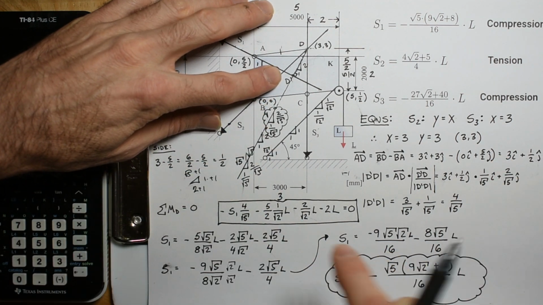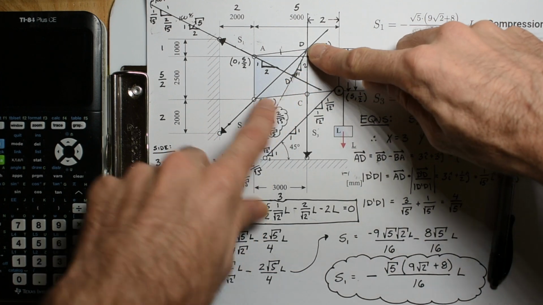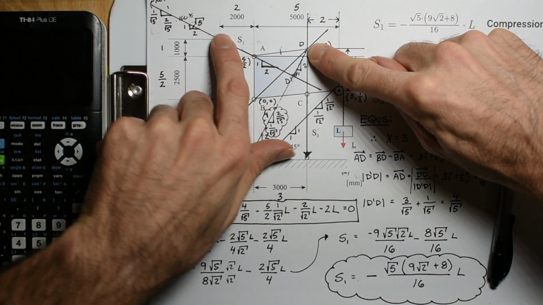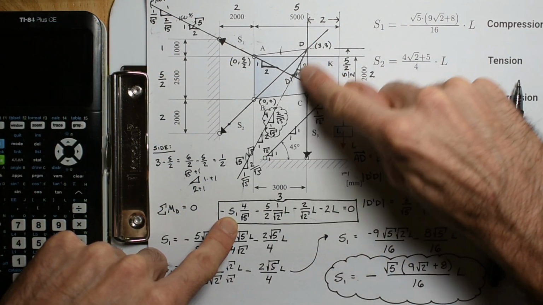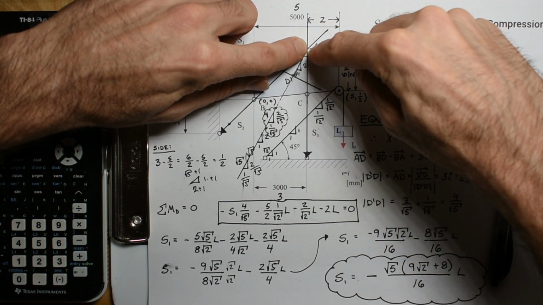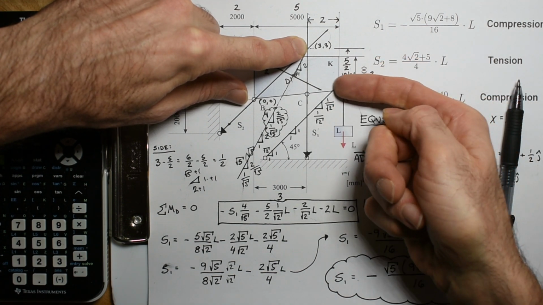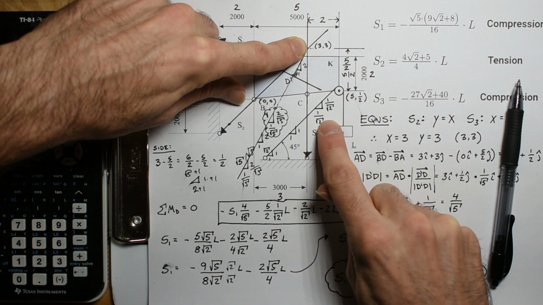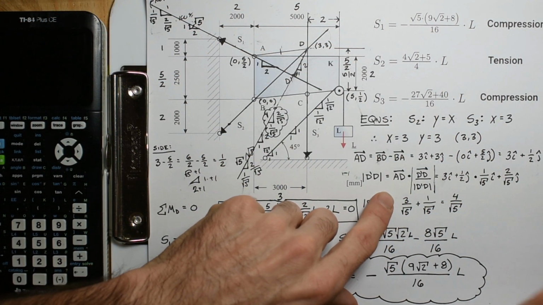And holy hell, what are we trying to find? Well, when we go to sum the forces at d, this S1 is what we're going to multiply. So we have sum of the forces about d. We have S1 times this distance. And then we go over to here, and we have like 2. This is a distance of 2. And then we have this force L down. And then we have a tension this way, which has a component that way and that way, related to 1 divided by the square root of 2. So sweet. Kind of jumped ahead, but that's kind of good, because now we'll jump back to